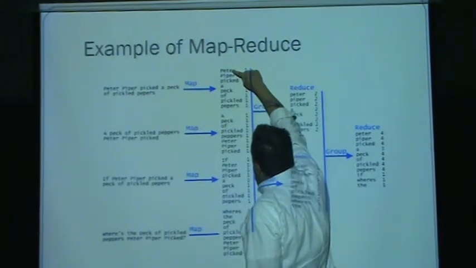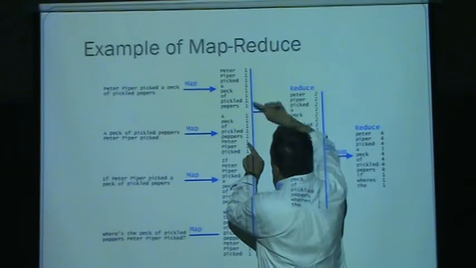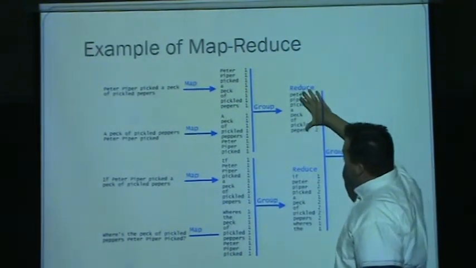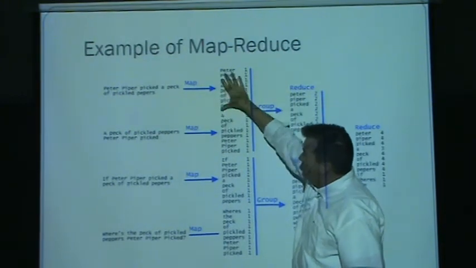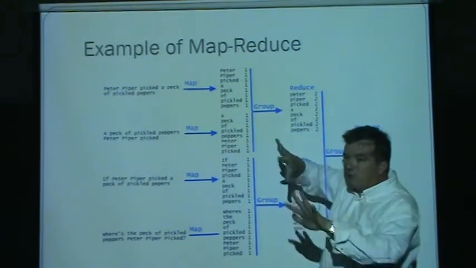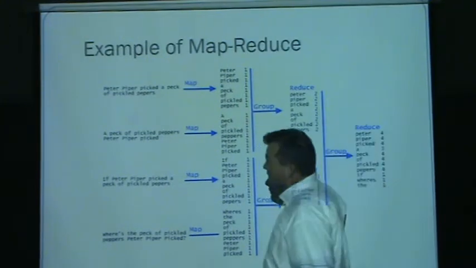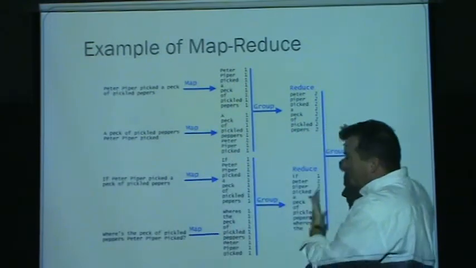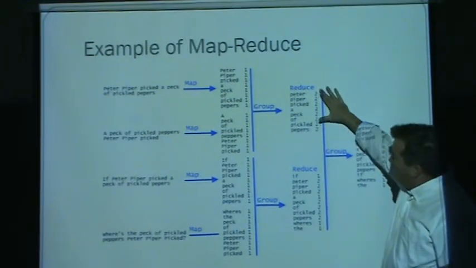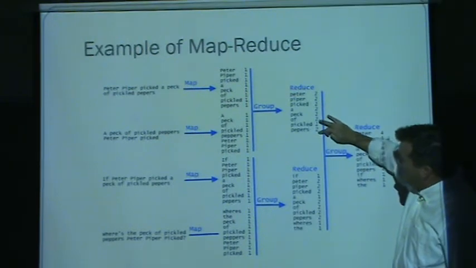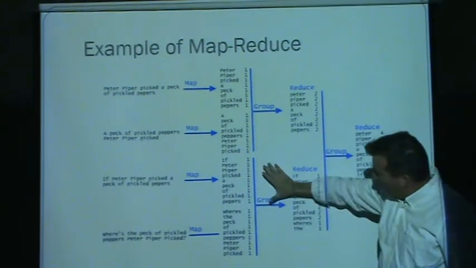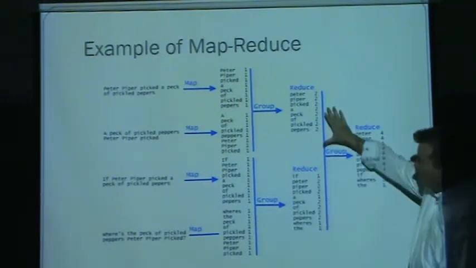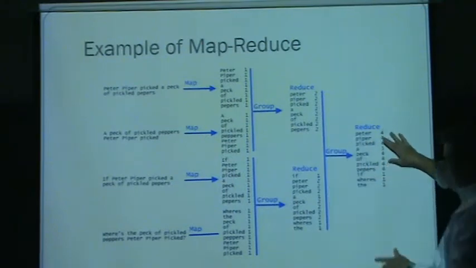Now we take these tables and combine them together and get a count. How many times did Peter show up? It showed up 1 time here and 1 time here, so therefore it showed up 2 times. This table represents these 2 nodes, so this could be 2 different nodes on our cluster. It could be hundreds of millions of tweets, and we're trying to gather up a count at the end. So this whole count is how many times the word showed up. From this sentence and this sentence, here's a tally of those 2. Now we take these 2 and make one small one.